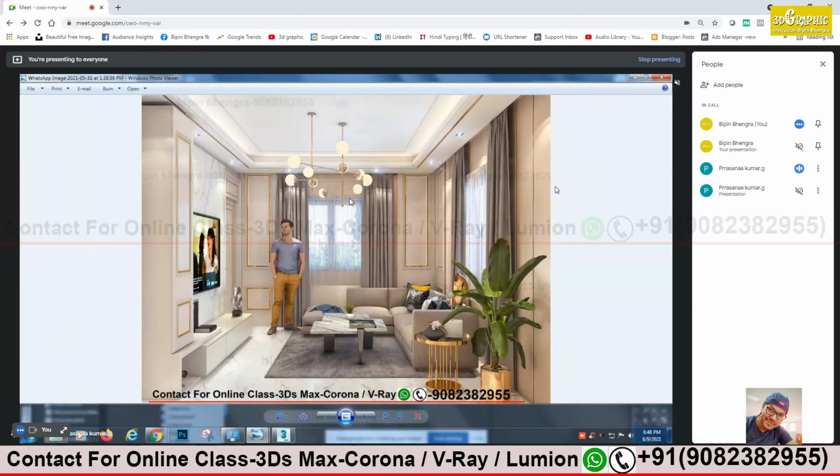I only bring lights here, either IES lights or maybe some sphere lights, then illuminate. For the core light, I use V-Ray mesh material. Then for the outside, either sun or HDRI.